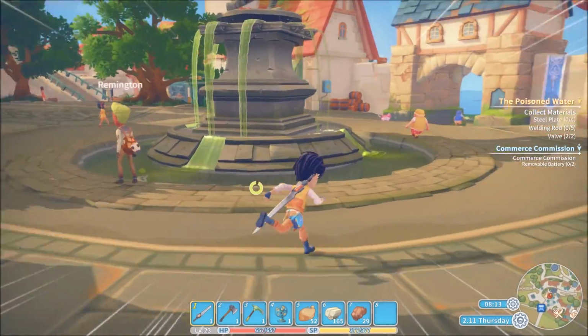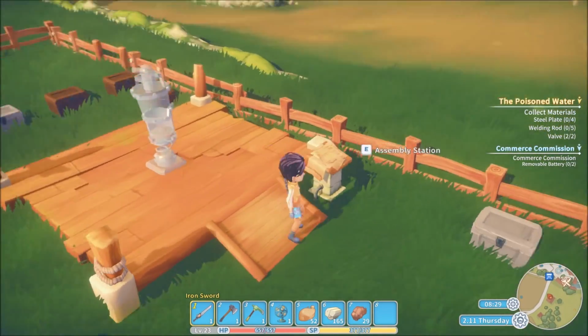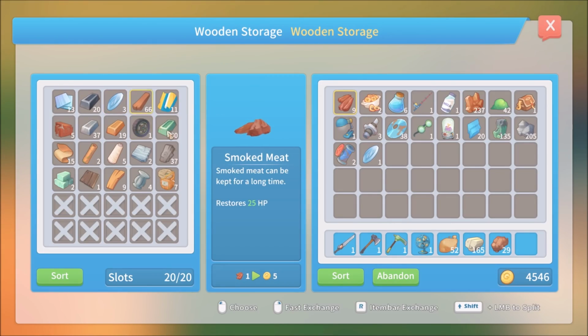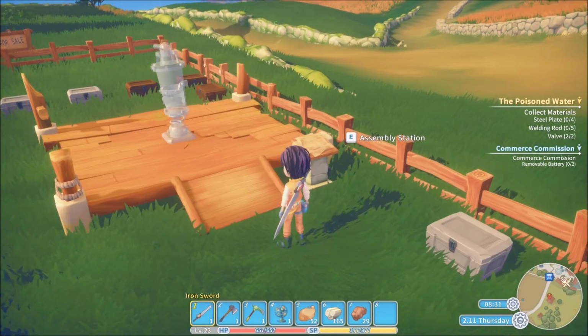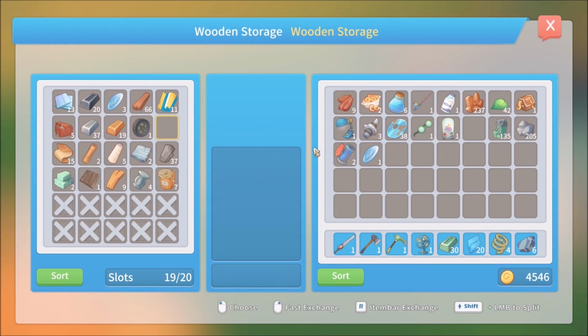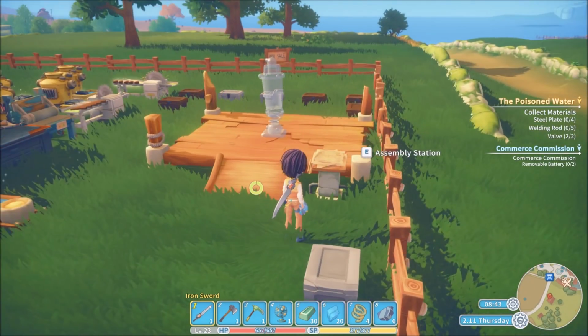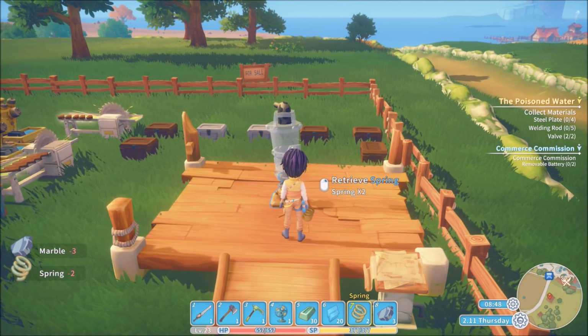Oh, there comes Higgins. You're way behind, buddy. Yeah, 3 power stones, 3 marble, bronze bars, and springs. Okay, we should be able to pull that off. It was standard marble? Yeah, the standard marble. I think the bronze bars are going to be the worst, and I think I've got the bronze bars on hand. Yes. I was trying to save those up for the upgrades that we're working towards, but